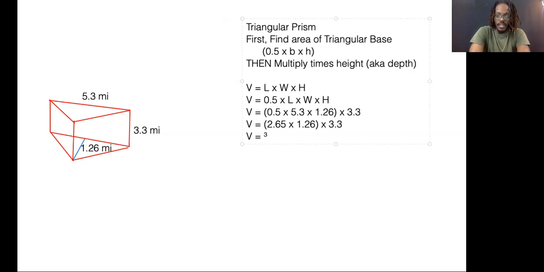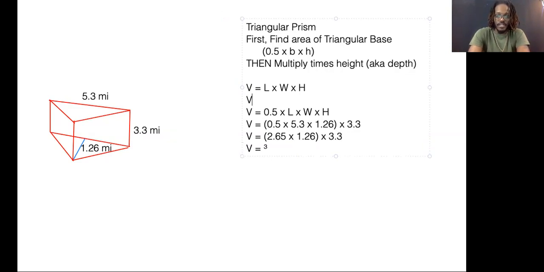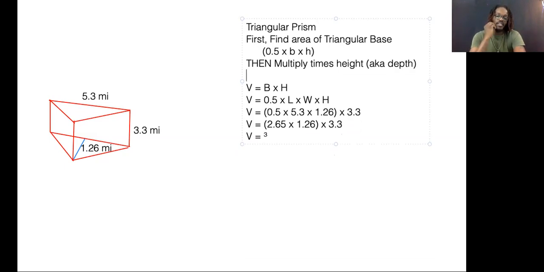And something tells me that I should still break this down on a higher level because we know that it is base times height. We know that to find the area of a triangular base, it is base times height. And I'll even start by putting base in parentheses so that everything else that's in parentheses